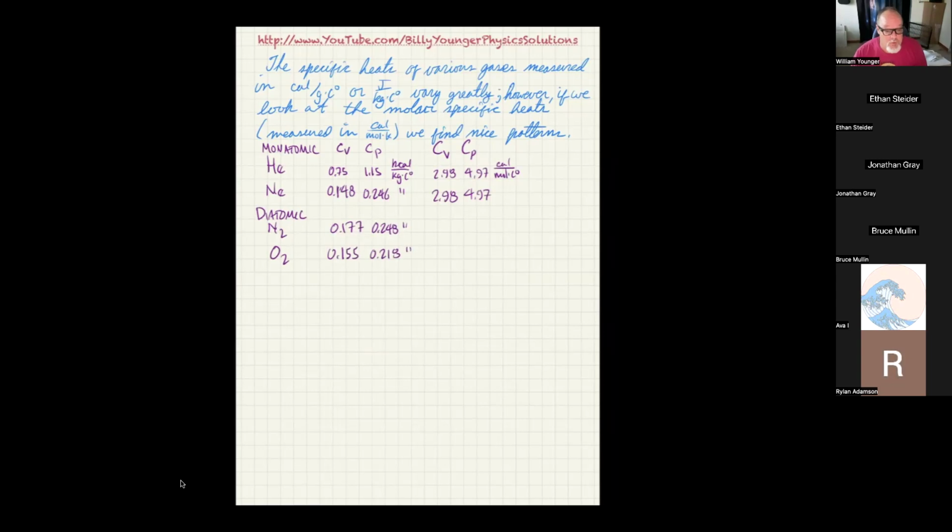But if I move over to the molar one, I get 4.96 and 6.95. And here I get 5.03 and 7.03. So you can see the two values N2 and O2 for CV have very consistent values. 4.96 is really close to 5.03, and 6.95 is really close to 7.03. So that's an advantage. If I look at triatomic,